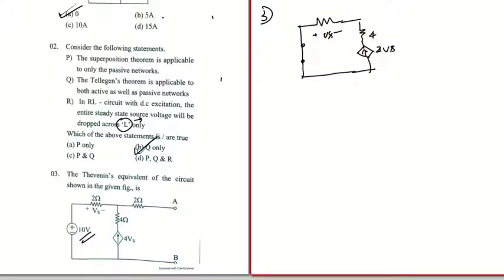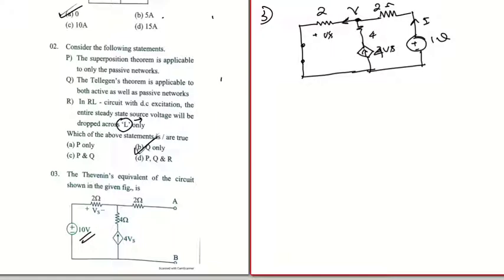So it is a voltage dependent current source. Whenever the source is dependent upon voltage, we consider another voltage source with voltage equal to 1 volt, and we have to find out the current. Okay, so let us consider the node over here, and the current is flowing like this. Now let us consider the node over here.